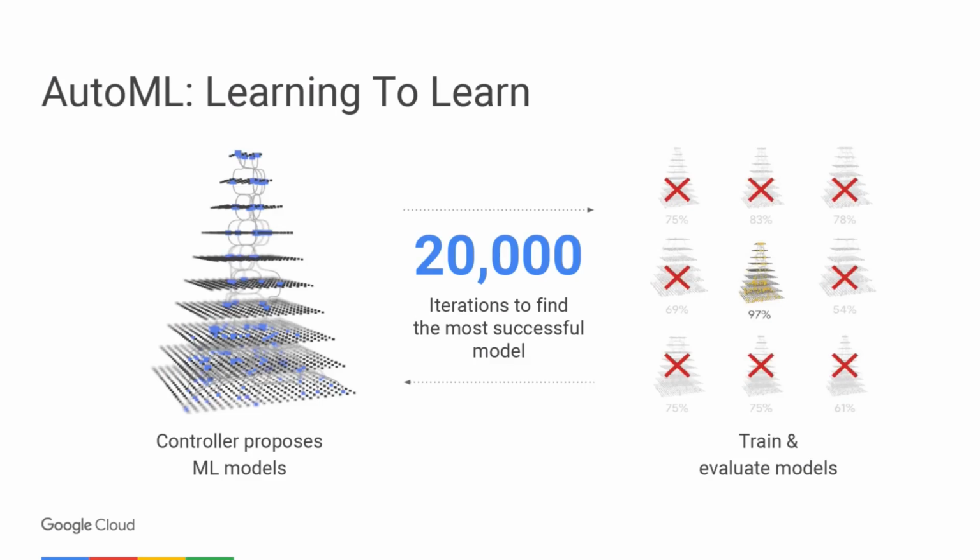So where are we going, and how can we improve ML to be even more useful? This is a very nascent area that Google is working in called AutoML, or learning to learn. So if you recall on the deep learning slide that I talked about, data scientists and researchers actually have to do a lot of thinking about how they set up their models.